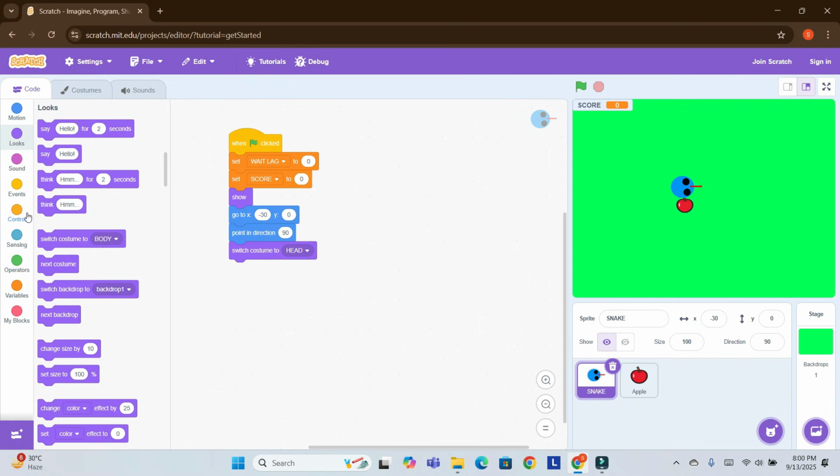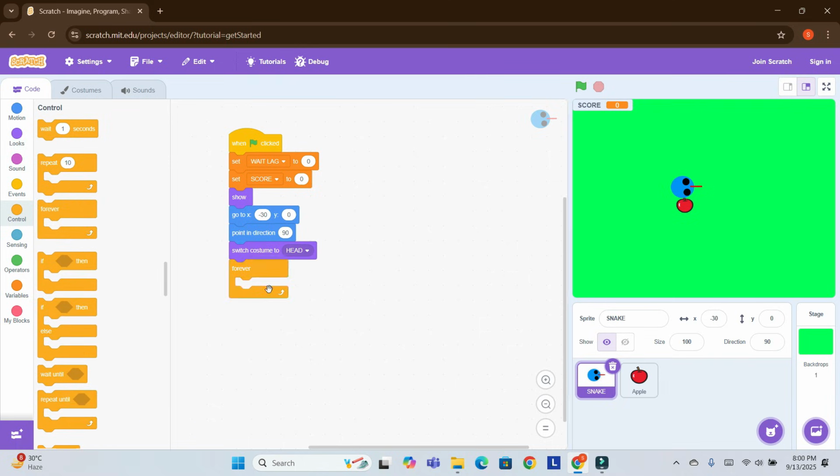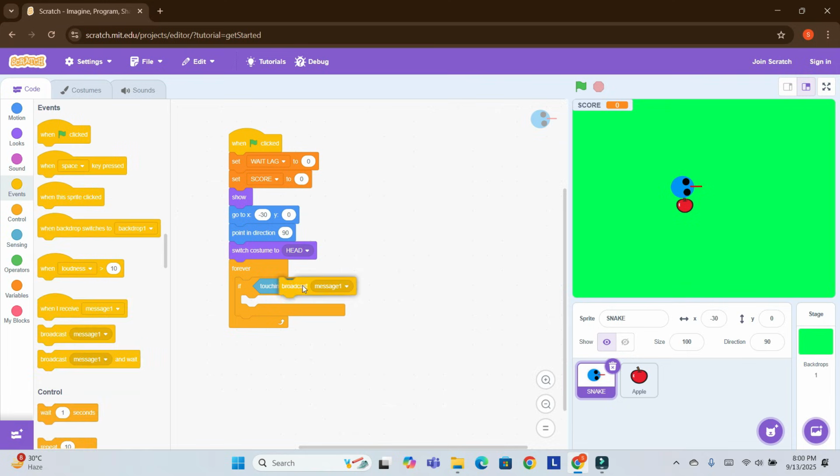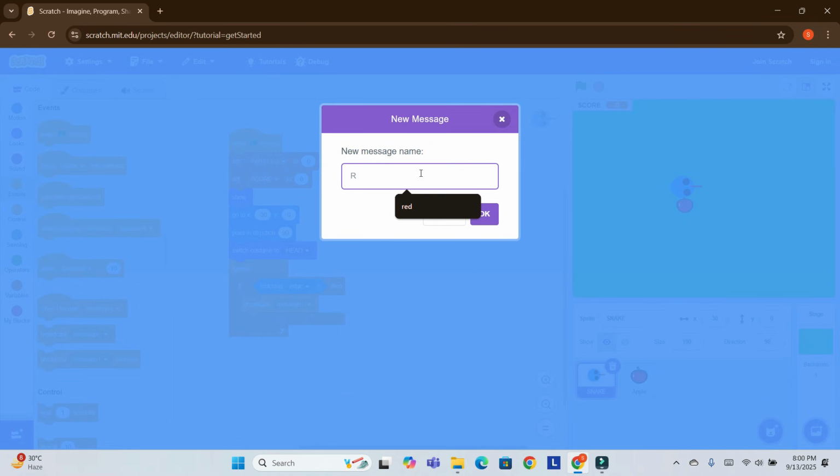Now go to control and select forever. If then, sensing, touching edge. Touching edge, then go to broadcast and put it here, restart.